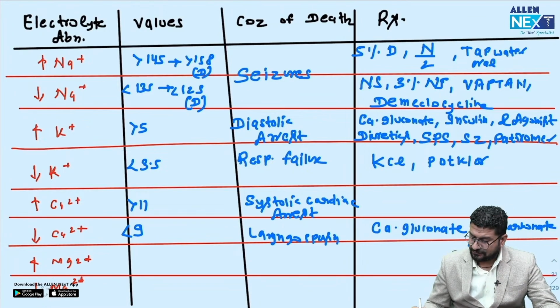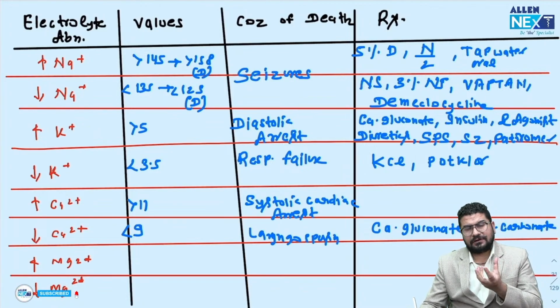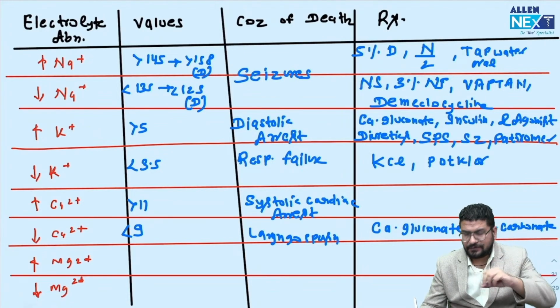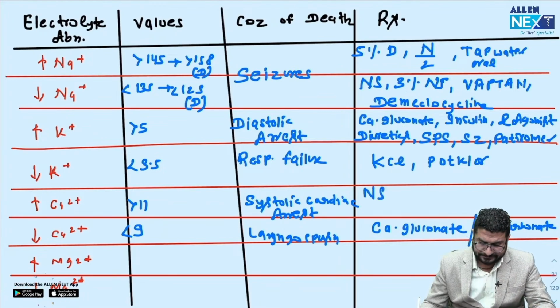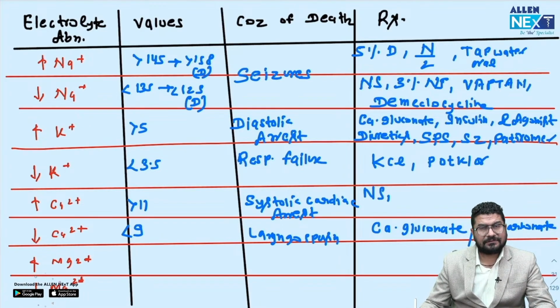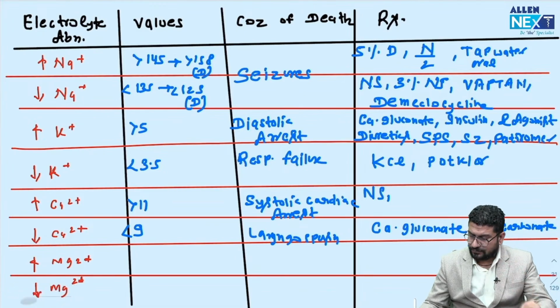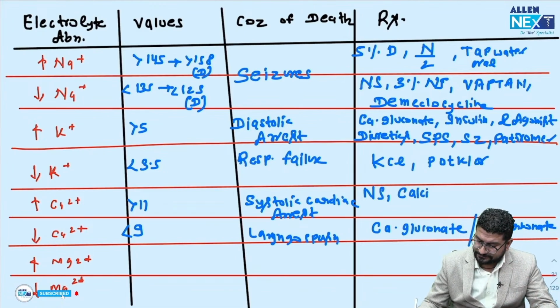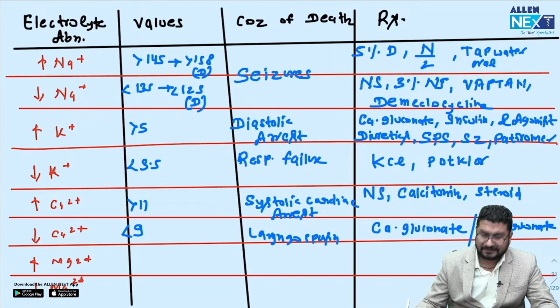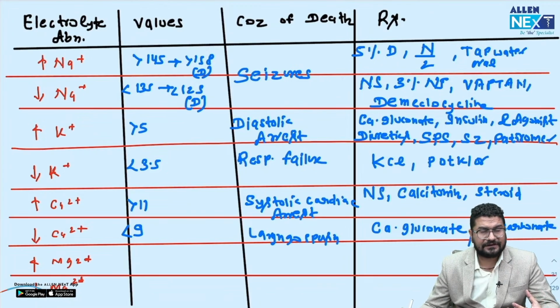So the hypercalcemia, just try to understand this. The person is having more calcium, so you can give something that can dilute the calcium. So we can use normal saline. Then we can use something that will send calcium back into bone. In that case, we can use calcitonin. We can use steroids, like sometimes the patient will develop hypercalcemia due to malignancies or due to some